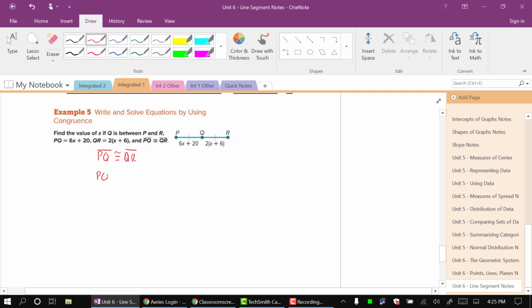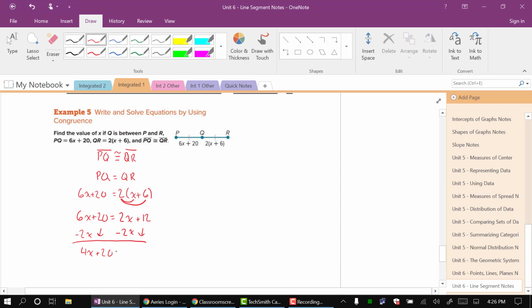So whatever our PQ length is, it's going to equal what our QR length is. What's our PQ length? 6x plus 20. What's our QR length? 2 times x plus 6. Distribute, distribute. That gives me 6x plus 20 equals 2 times x is 2x, 2 times 6 is 12. Get rid of the smaller x, that's the 2. So minus 2x, minus 2x. That gives me 4x, bring this down,